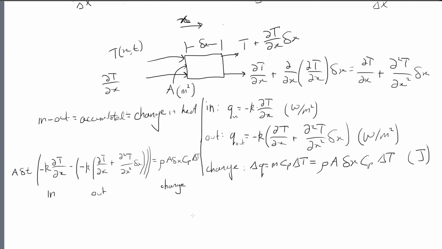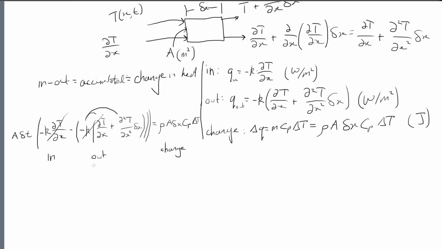And so you'll immediately see that if you distribute this k between these terms, this term and this term are going to cancel out. And so what you'll be left with, and you also notice that the areas actually cancel here. And so if we distribute the delta T and cancel this minus k dT by dx term, what you'll be left with is k d2T by dx squared multiplied by our small change in x multiplied by a small change in time